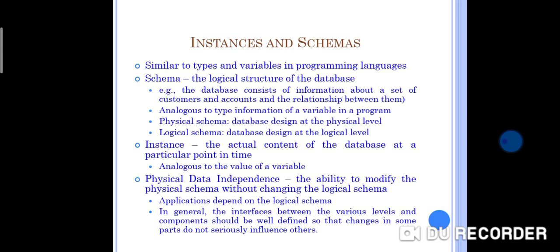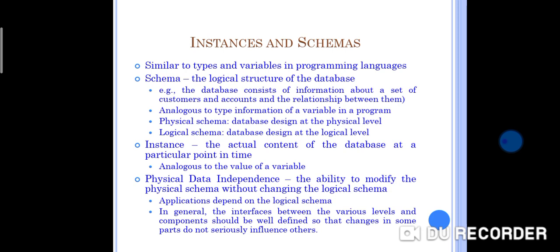Then we go to database schemas and instances. The database schema is used to design a whole database. That is, the design of a database is called the schema. The schema is represented as three types. Already we discussed the three types, that is, physical schema, logical schema, and view schema. For example, we have a schema that shows the relationship between three tables, that is, course, student, and section. The diagram only shows the design of the database. It does not show the data present in those tables. Schema is only a structural view of a database.